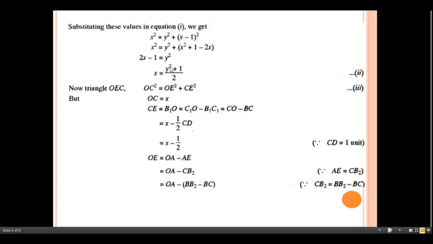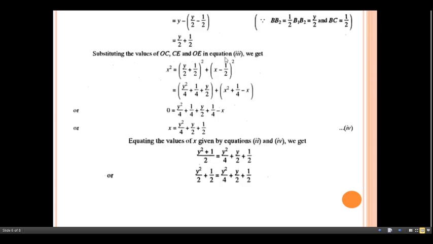Here the first part, OC is nothing but the x, then CE is nothing but x minus half, then OE is nothing but the next part, OE already we have analyzed for the same. Just substitute all the terms here. We can get this term in this way, x square equals y by 2 plus half of this one, 2 whole bracket square plus x minus 1 half whole bracket square. Okay, now expand this term. So expansion of this one, y square divided by 4 plus 1 by 4 plus y by 2 will come for this one, plus next one x square plus 1 by 4 minus x will come here.